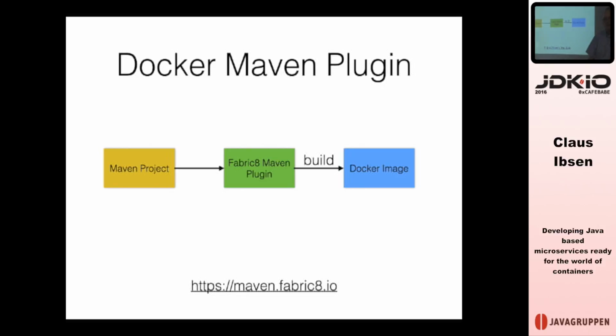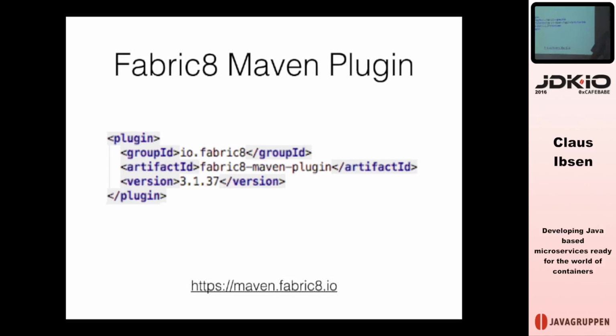And we have one from the Fabric8 Maven plugin. And if you are in Sweden, they have Spotify as the company, and Spotify also created a Maven plugin, and there's a few others. So you have a number of choices. So the Fabric8 plugin, you just need to add this plugin, and then it can sort of auto-configure itself. But if you really need, then there's additional configuration you can set to it.